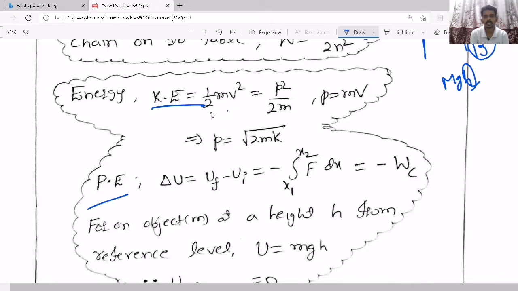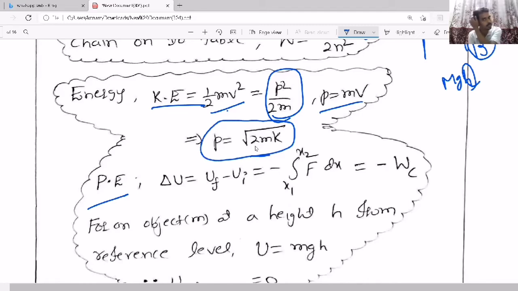Kinetic energy means half mv square, that is nothing but p square by 2m, because P equals linear momentum, mass into velocity. So you can take this relation also. Linear momentum equals root of 2mK. Even comparison based questions they can ask, like K proportional to P square. So K1 by K2 equals (P1 by P2) whole square. Not only here, comparison based questions can be asked anywhere, from any chapter, based on any concept.